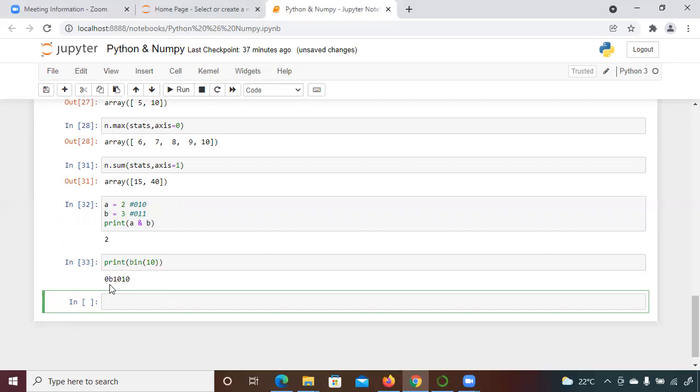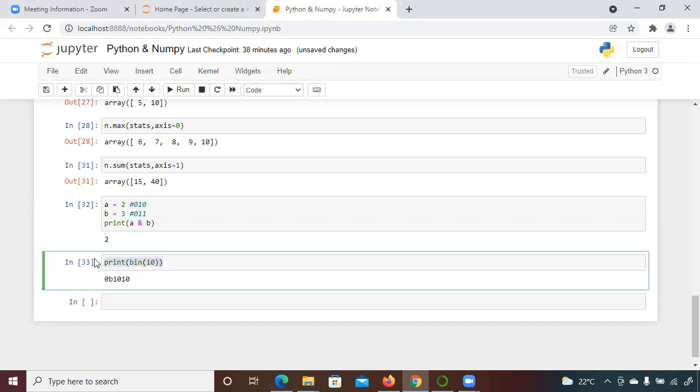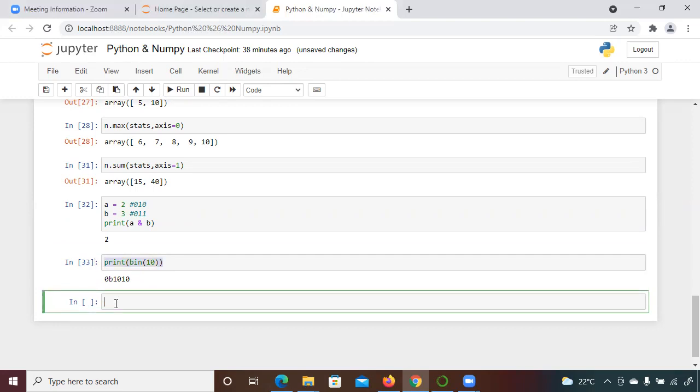It is representing that it's a binary representation, and 10 in binary is represented with 1010. Okay, similarly, let me show you as well. Let's do it for all the elements 1 to 10, so that you should be aware about it.